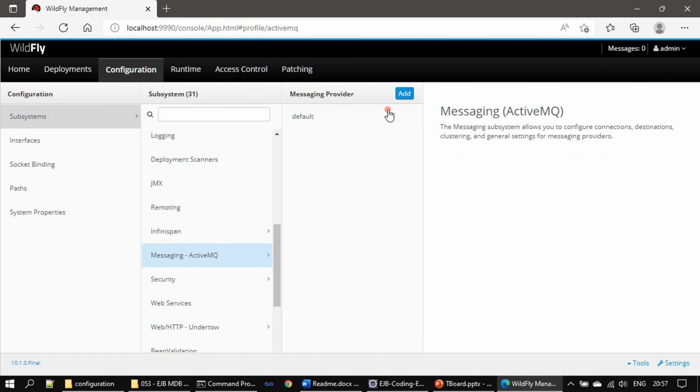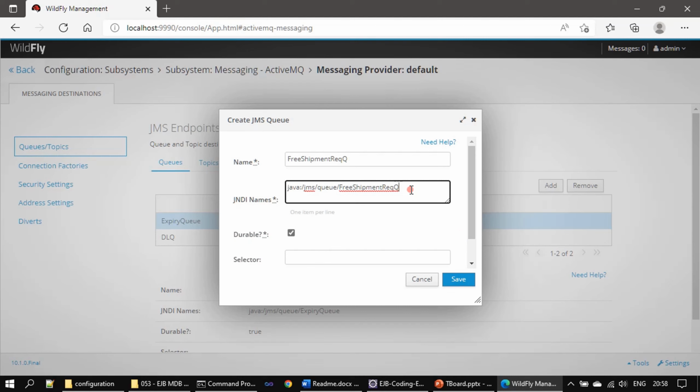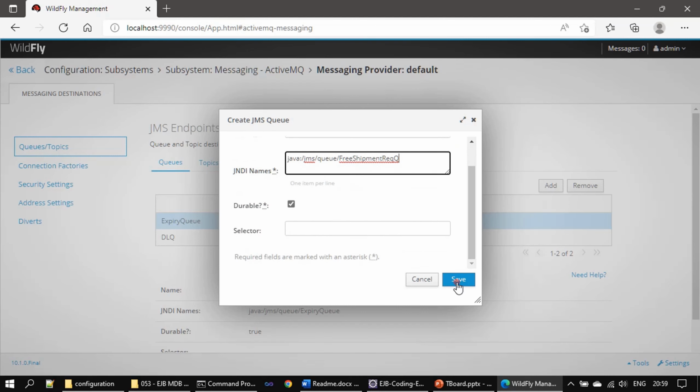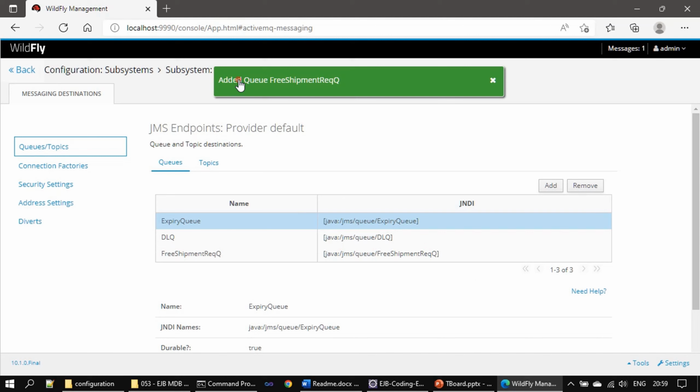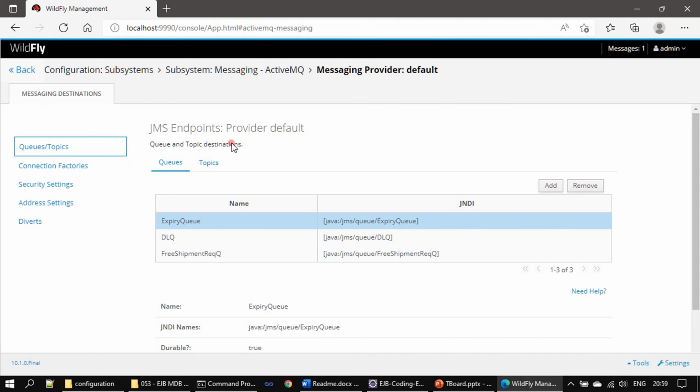java:/jms/queue/freeshipmentreqqueue. So it's a durable one. We will click save here, and here you are seeing the added queue, free shipment req queue, and this is the name and this one is